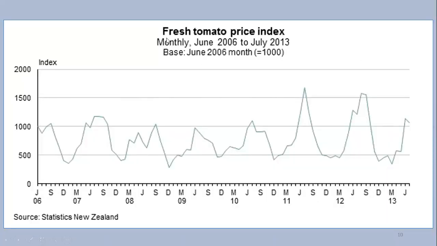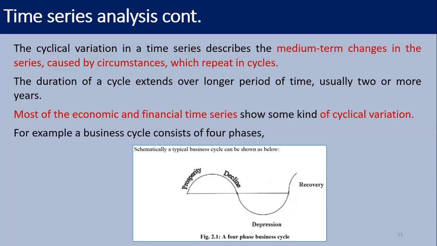This is another example, fresh tomato price. I have taken it from New Zealand statistics. You can see the June to July months from 2006 to 2030, how it has fluctuated. So you can understand the seasonal variation, right? Seasonal variation is there, and you can see some very similar places in this diagram. When we consider an entire year, or 2 years, or 6 months, or 2 months, you can decide the time period, and we are going to analyze the characteristics.